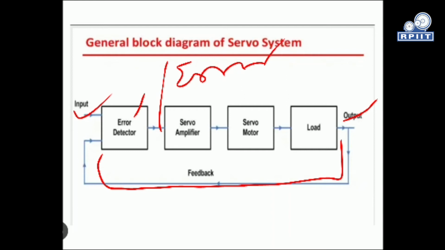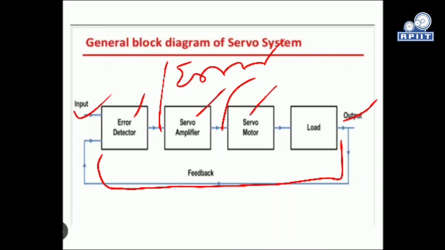Suppose the magnitude of this error signal is very low, and the servo motor accepts a high magnitude signal, so we will amplify that signal. Amplifying means we can condition the signal, whether it is noisy or interfered with, or convert the low power signal to a high power signal. Then finally we get the amplified signal, and that is fed to our servo motor.